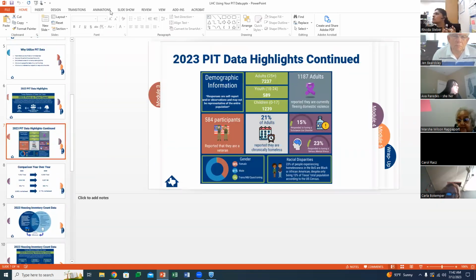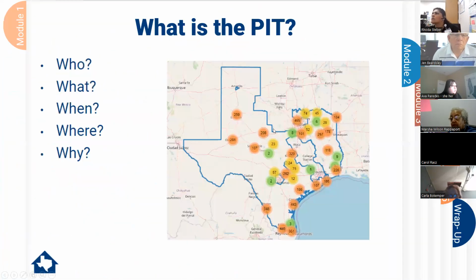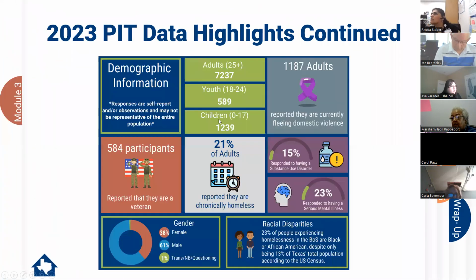Yeah, the 1,239. Let me go back to this slide real quick. That's a great question. So the statistic right here, these are not actually identified through the school district. When we conduct these surveys, we ask a question regarding their age, and if they say that they are under the age of 18, they're categorized as children. Does that make sense?